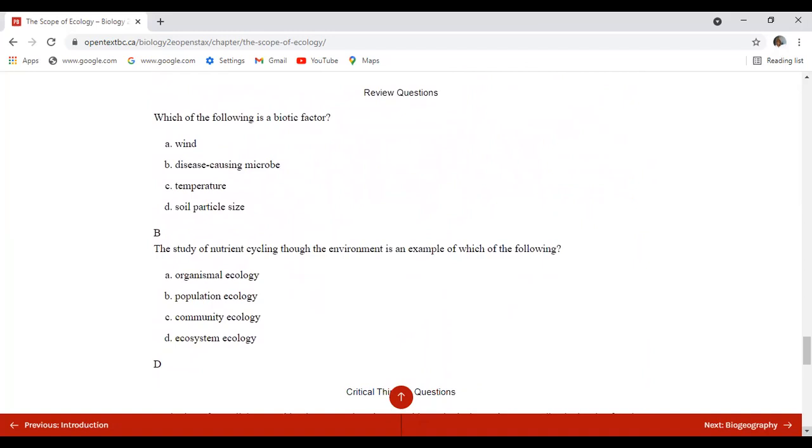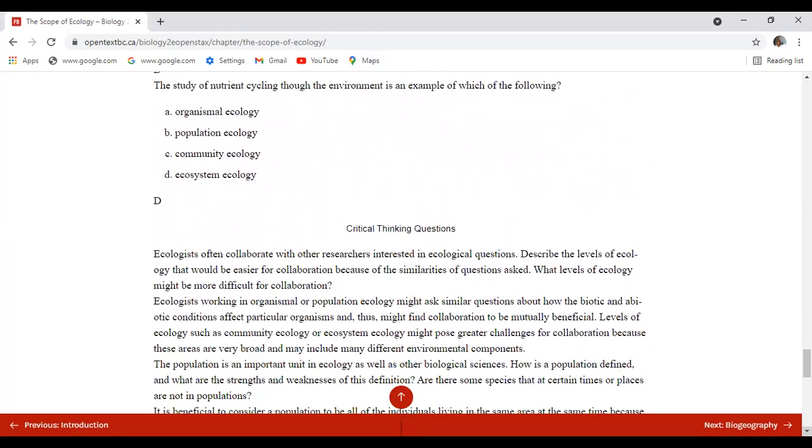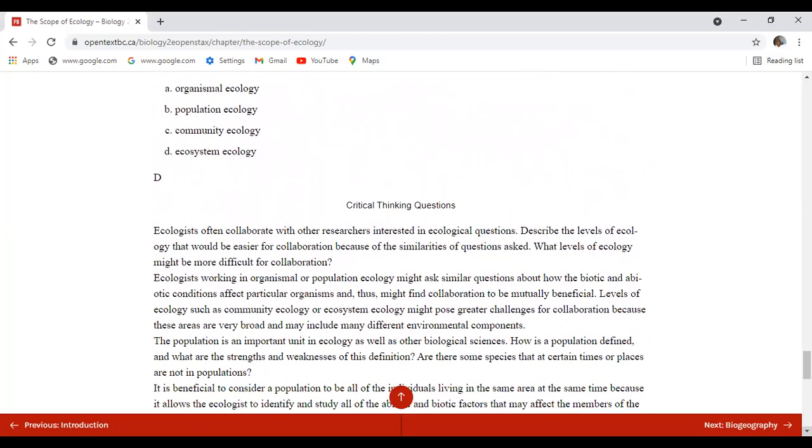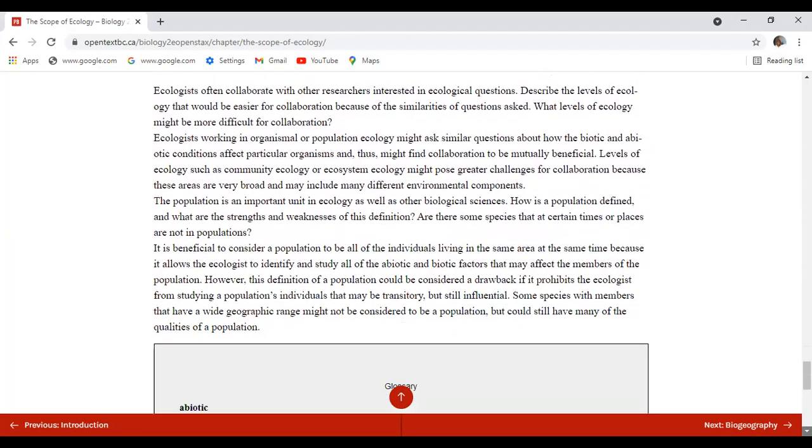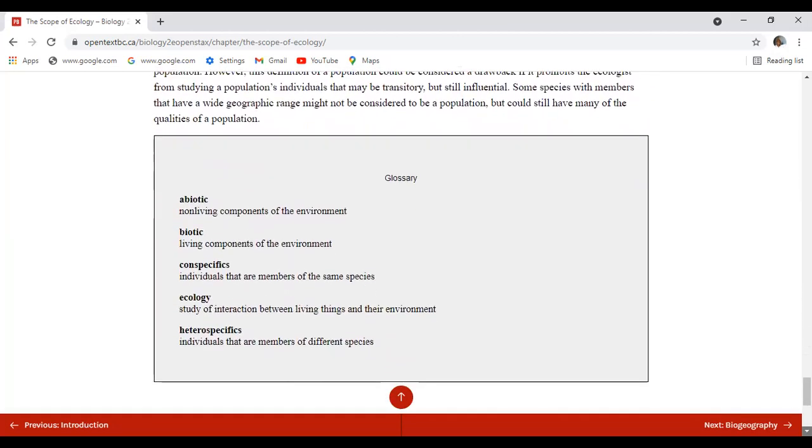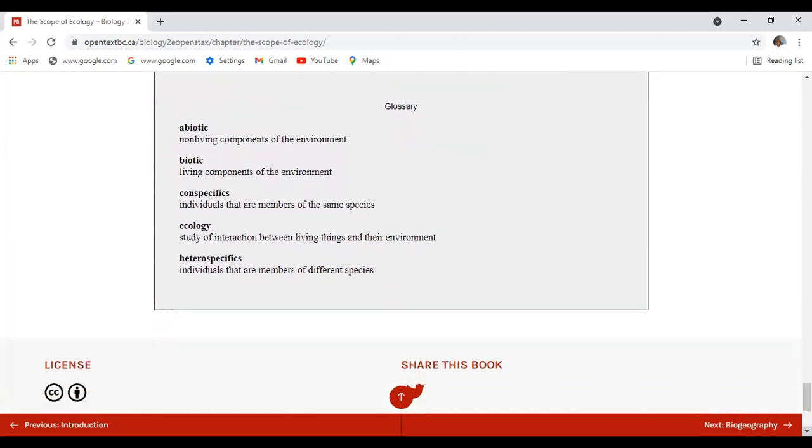You can see the review questions are also there. There are some review questions. So there are also critical thinking questions after reading the resource. They also provided you with something like a glossary. So ladies and gentlemen, like I've been saying,